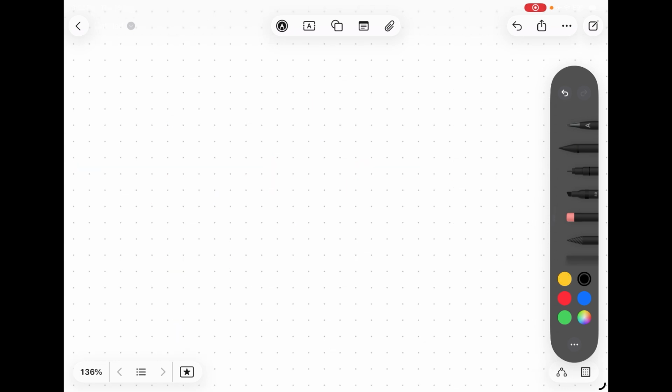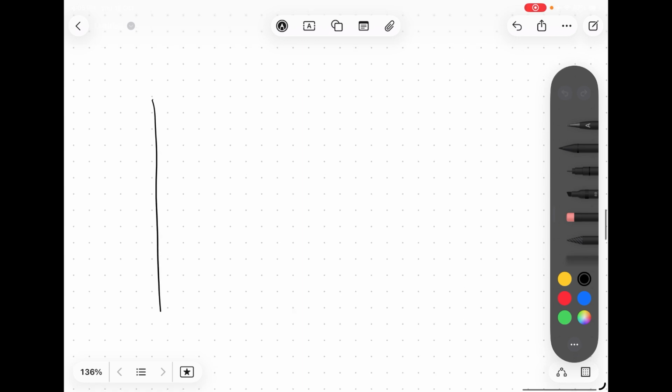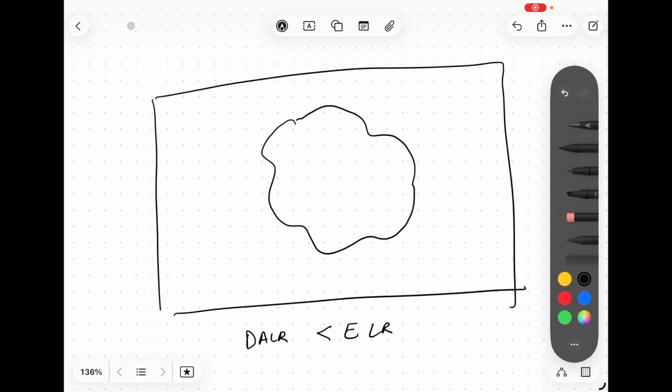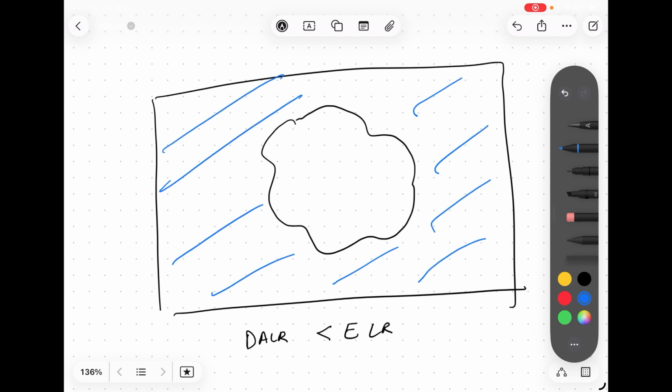अब हम consider करेंगे instability की condition. So let's again take a box only to understand it better, within a box. So now let's say कि जो हमारा dry air है, DALR जो है उसका lapse rate जो है वो कम है ELR से. So basically our environment is getting colder faster as compared to DALR. So this is your environment, and this is getting colder faster. Maybe this has 4 degrees Celsius per 1000 feet today. This is the lapse rate, and this has DALR, this is your dry air, and this is 3 degrees Celsius per 1000 feet.